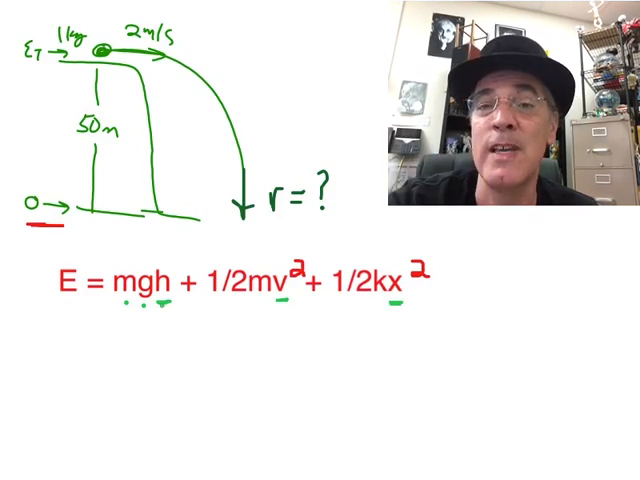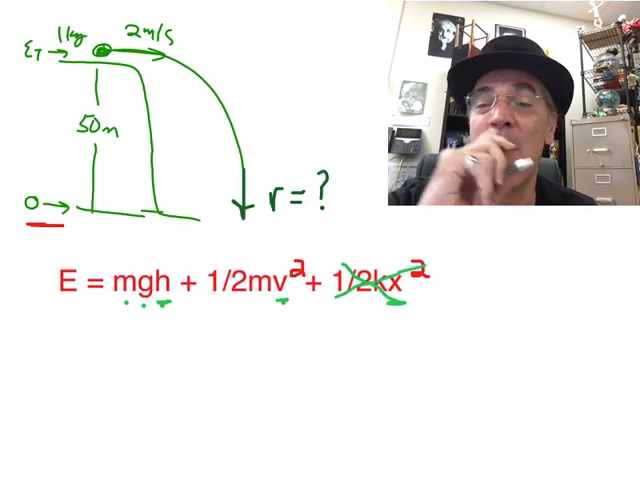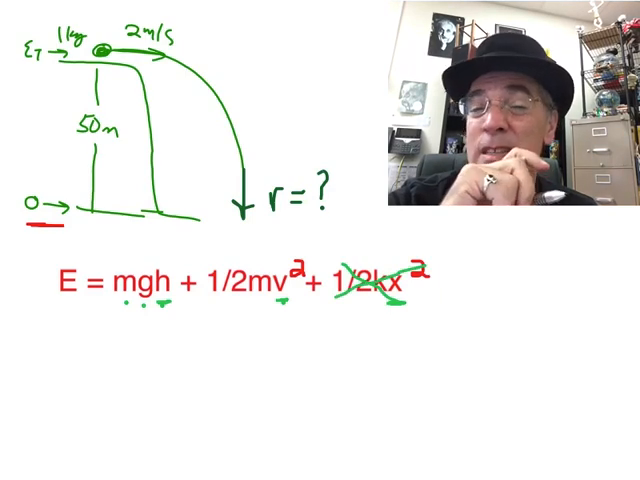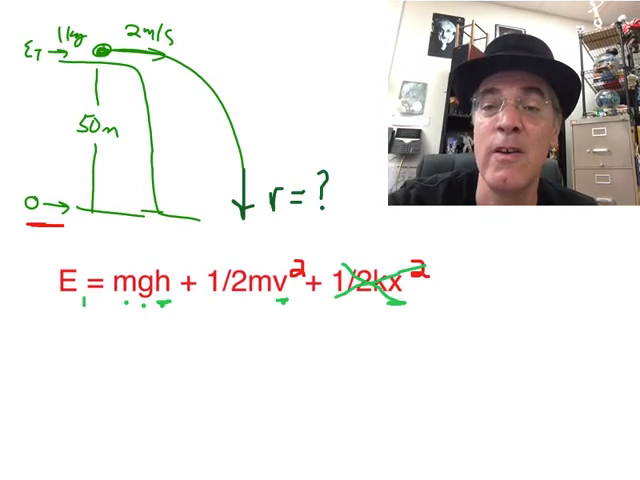Now we have a height at the beginning, so that one's going to be there. We have a velocity, but this one here, there's no compression of a spring, and so I can cross that one out and not even put any numbers into it when I'm finding this. So when I find my ET, which is what this is, I'm going to get the mass, which is 1, times g. I'm going to use 10 times the height, which is 50,